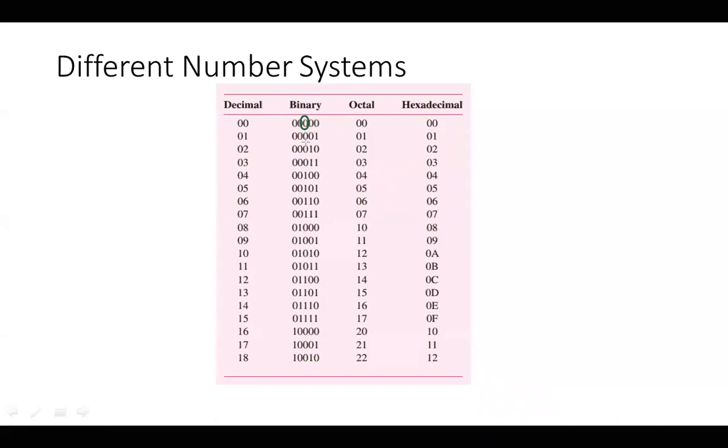Here we have 4 zeros and 4 ones. How did I arrive at that? What is the weightage for that? The first digit will have a weightage of 2 to the power of 0, so the next one will have a weightage of 2 to the power of 1. What is the weightage for the third digit? The weightage for the third digit will be 2 to the power of 2. 2 to the power of 2 is 4. That is why in the third digit from the LSB towards the MSB, you will be having 4 zeros, 4 ones.